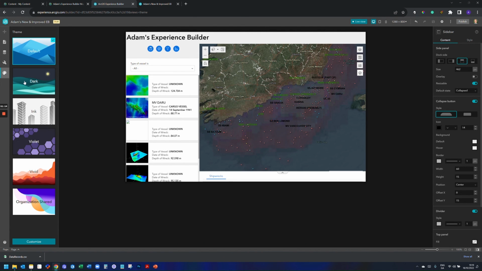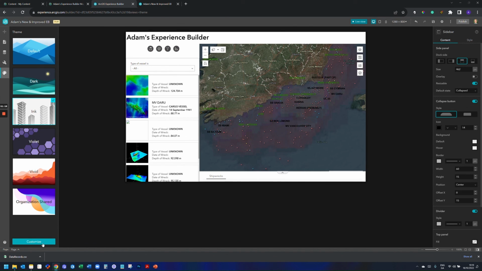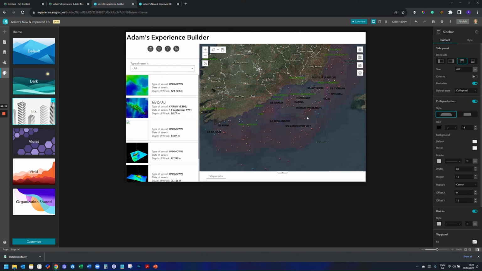And then to finish off the theme, you can always change, right? You can always design your own theme as well. I appreciate what I've built is fairly basic, but hopefully it's given you an idea of